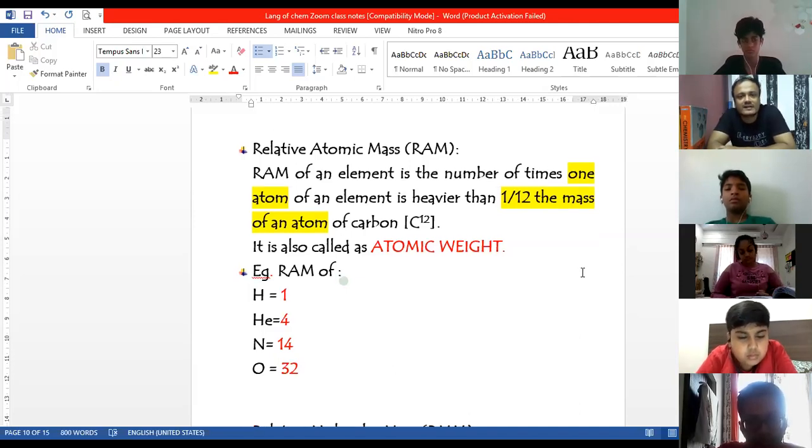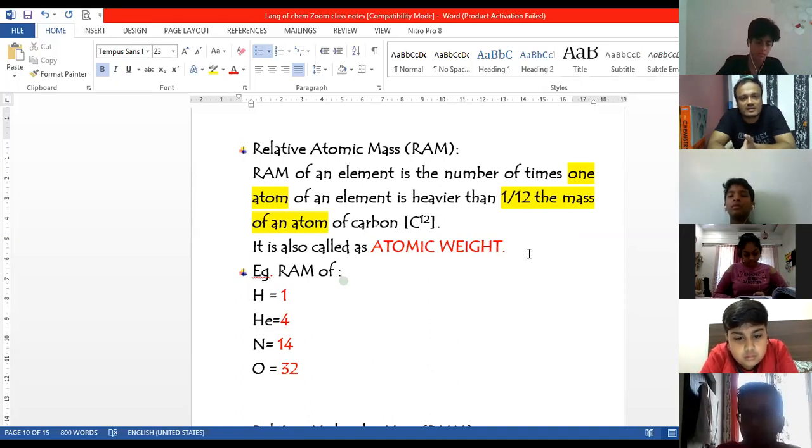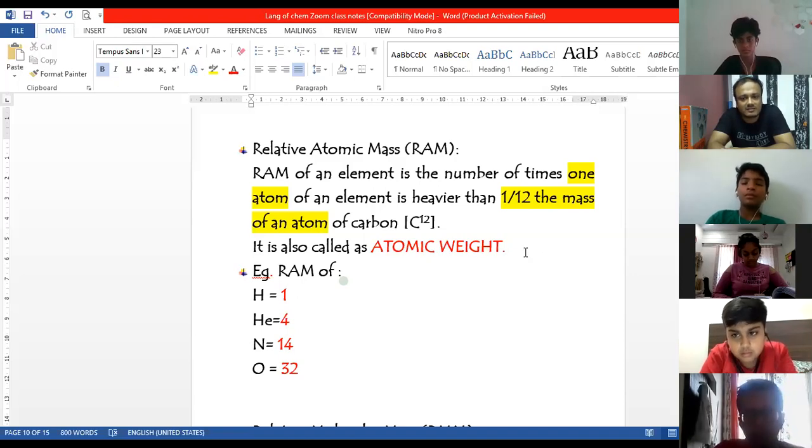Now why are we saying it as relative atomic mass? Because the mass of an atom, as you already know, is a very small quantity, so you actually cannot weigh an atom. So what we do is we take the weight of other atoms which can be easily used, and that's the reason why we are using carbon over here. Before using carbon, scientists used to have hydrogen and oxygen as other options. We have studied that in grade 8 also, where we used it as the standard atomic mass. But carbon gave the best results when we are relating it to atoms of other elements. That's the reason why we are sticking to carbon, and that has been followed since then.